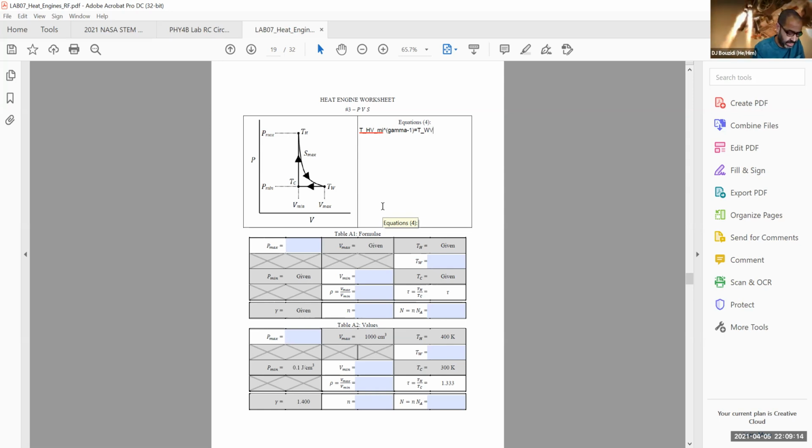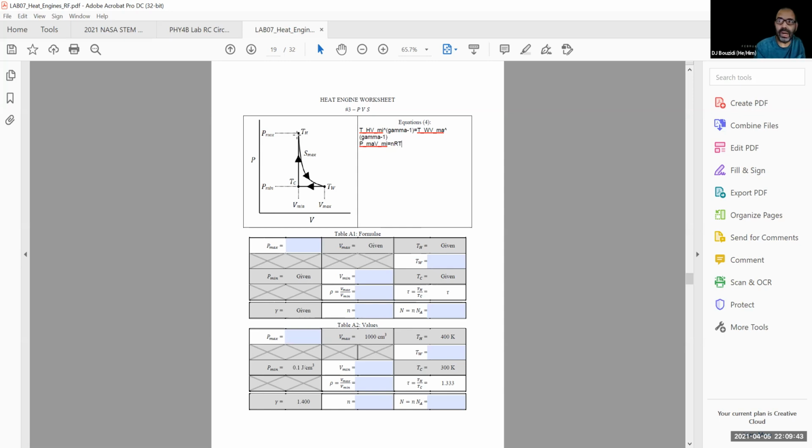Times the volume Vmax to the power, open parentheses, gamma minus 1. Okay, so this is one relationship. In addition to Pmax times Vmin equals to this point,